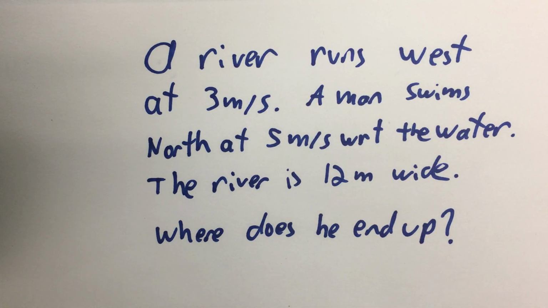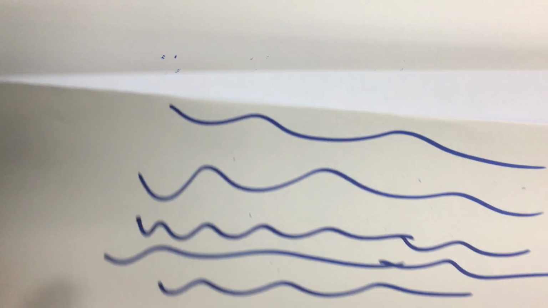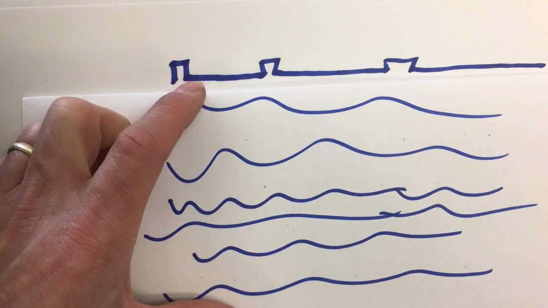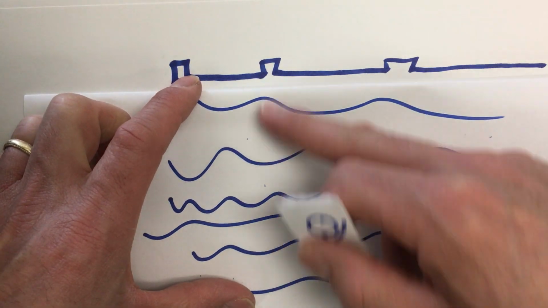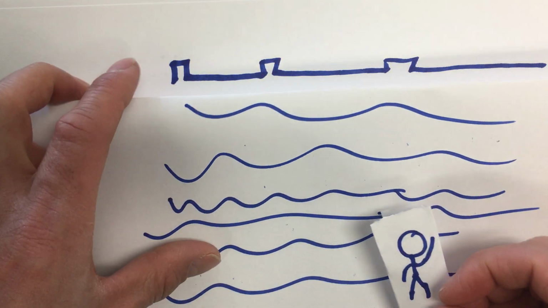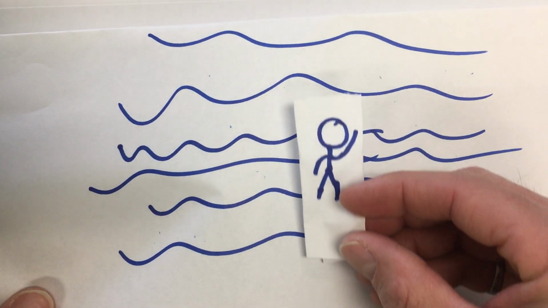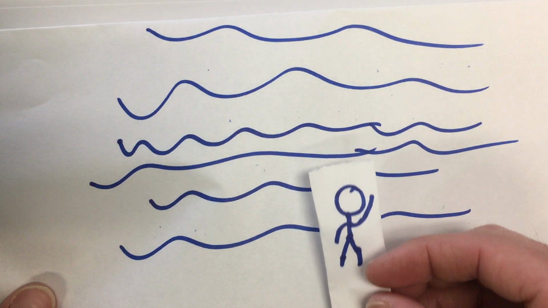The river's 12 meters wide. Where does he end up? So here's the question. We have a river, and from one bank to the other, it is 12 meters across. There's a man in the river, and he can swim with respect to the water at a rate of 5